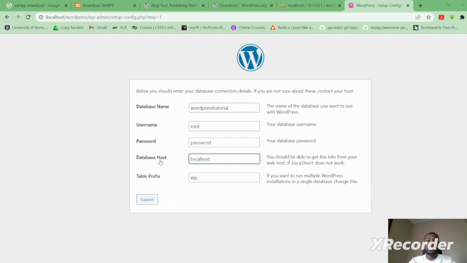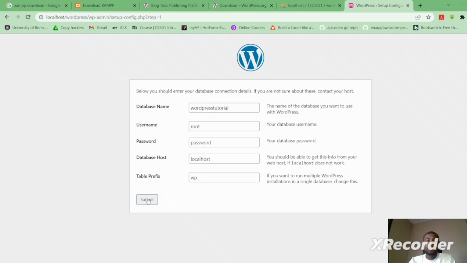Then the database host is usually localhost by default. Then table prefix is also usually wp underscore by default, but you can change this to anything you want. So that will be the table prefix for your